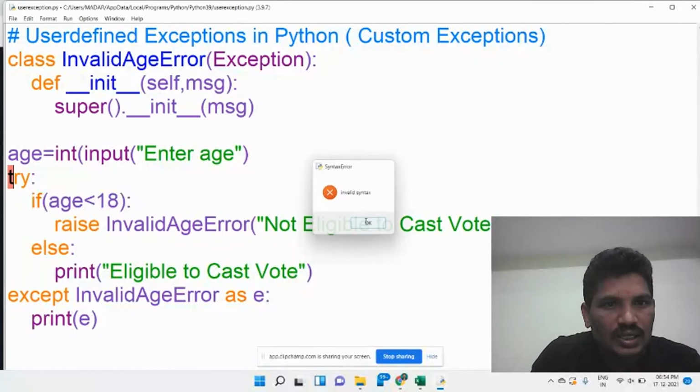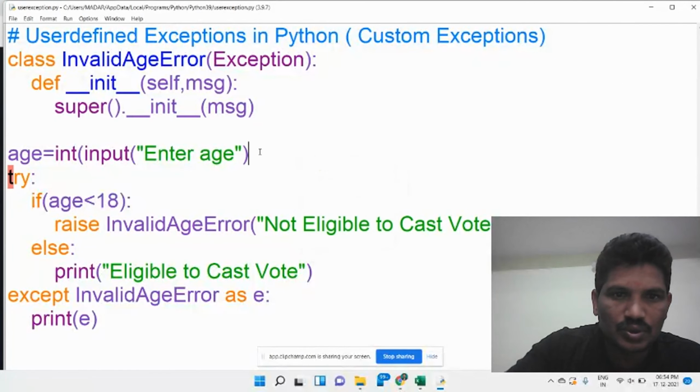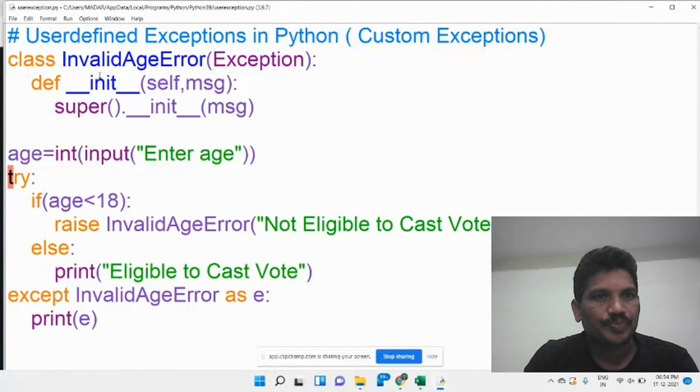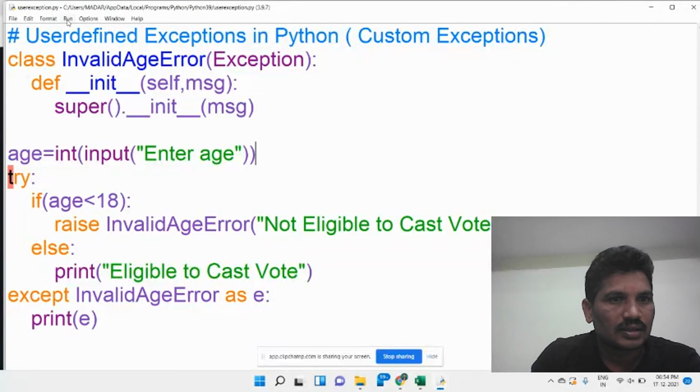Invalid syntax. I would like to close the other bracket over there, then save it.